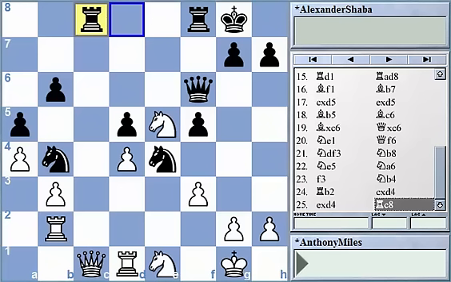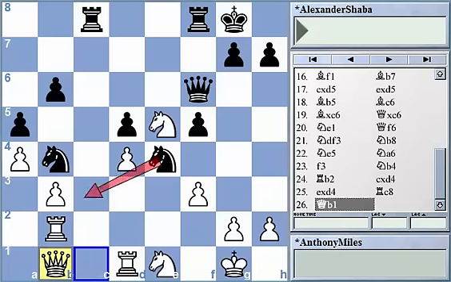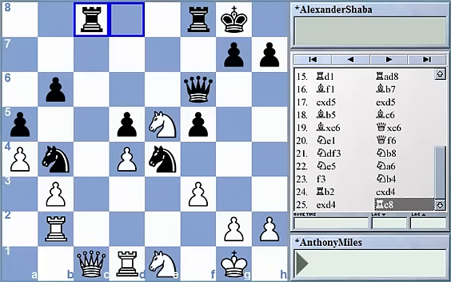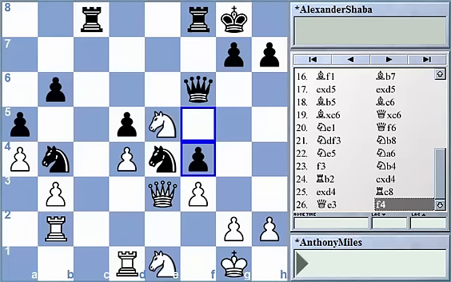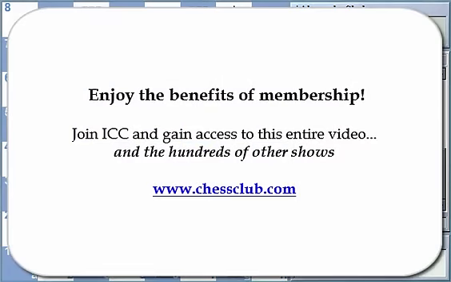What to do? Well, as it turns out, Tony made the wrong choice here in this critical moment. Of course, he cannot play queen b1 because of the fork knight c3, and queen e3 is destroyed by f4, forcing the queen to a very unfortunate spot like e2. And what about queen f4? Well, that gets destroyed in similar fashion with g